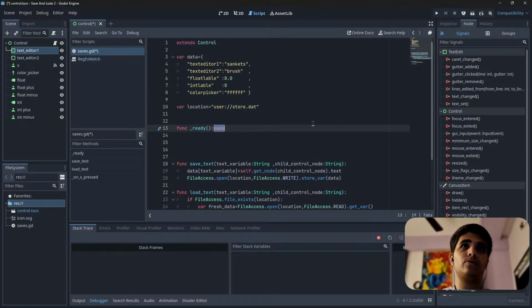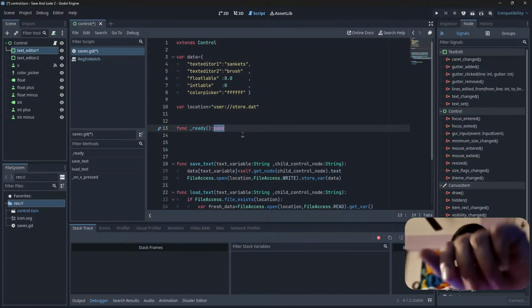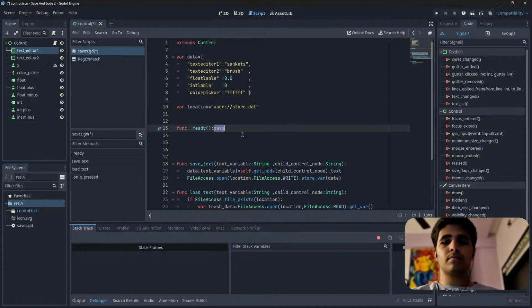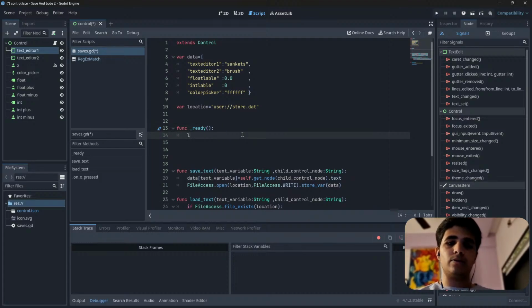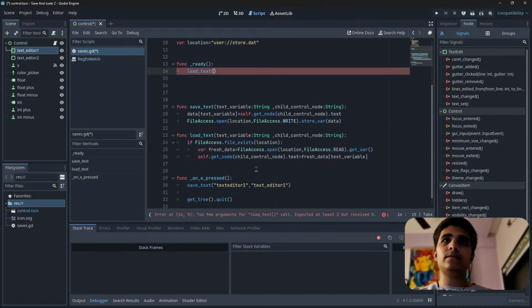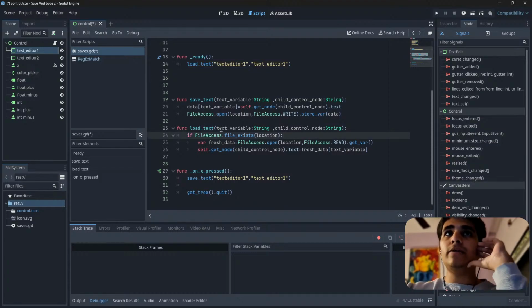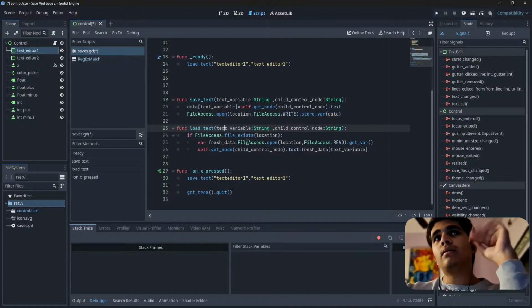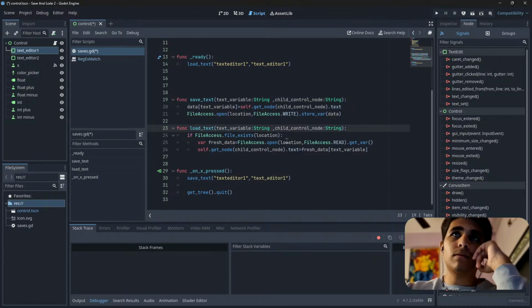In ready, we are going to load text. Enter, load text, and again the same thing. Now let's see what we have here in load text. Text dot variable string, same thing. And if file access dot file exists